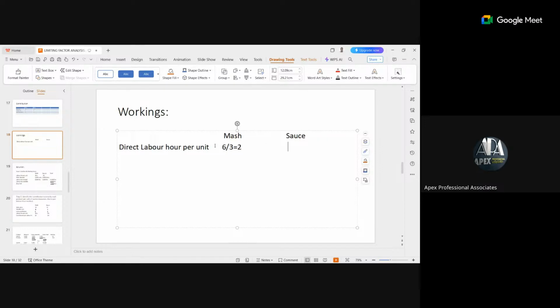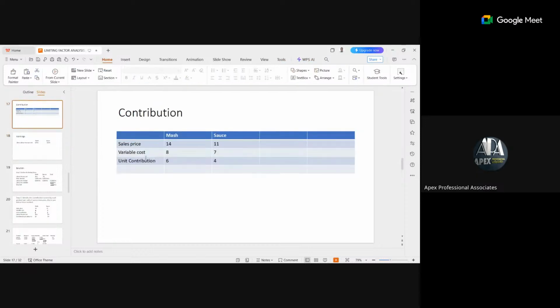For source, it will be 3 divided by 3, and we have it as 1. So for us to get the contribution per limiting factor, we're going to divide the contribution per unit by this 2 and 1. So to move further, we have labor hours per unit. We have it for mesh as 2 hours. For source,